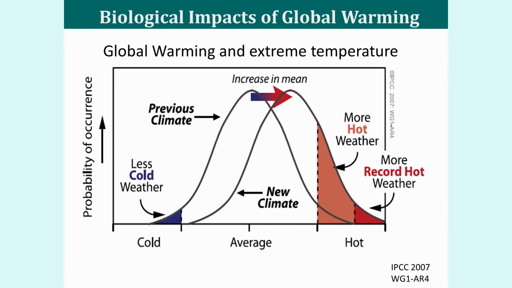In addition to the increase in mean temperatures, it's also important to appreciate that future climates are going to have significantly greater extreme temperature events. Shown here on the left hand side is the current climate, and this will shift to the right, the distribution shown on the right hand side,